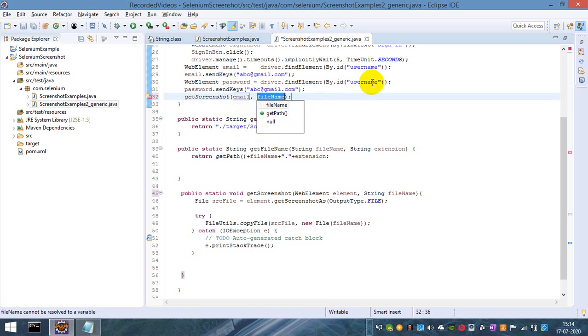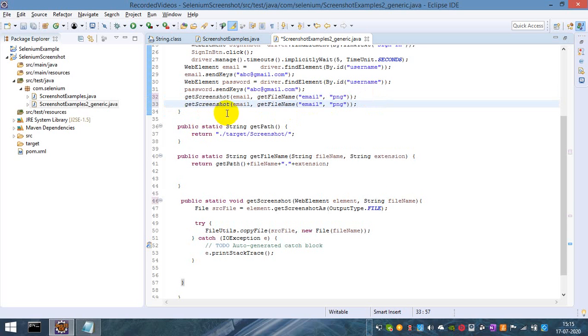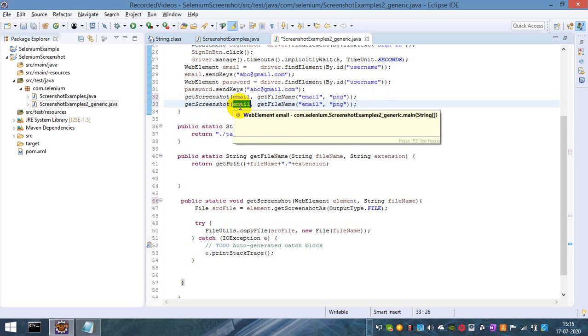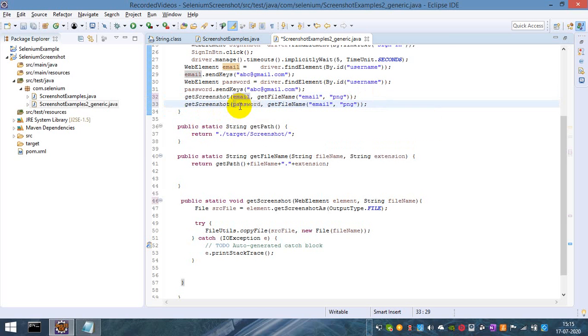And here my getFileName, the file name for my email element I need to save under the png extension. The same goes for my password also. So the element name is my password, getFileName, you can say pass, and png would be my extension.